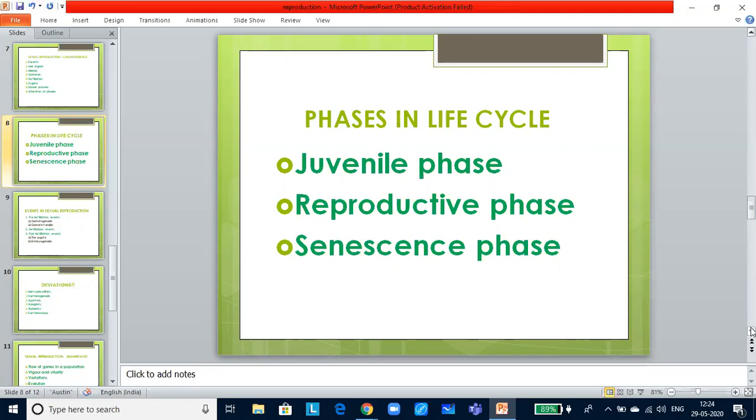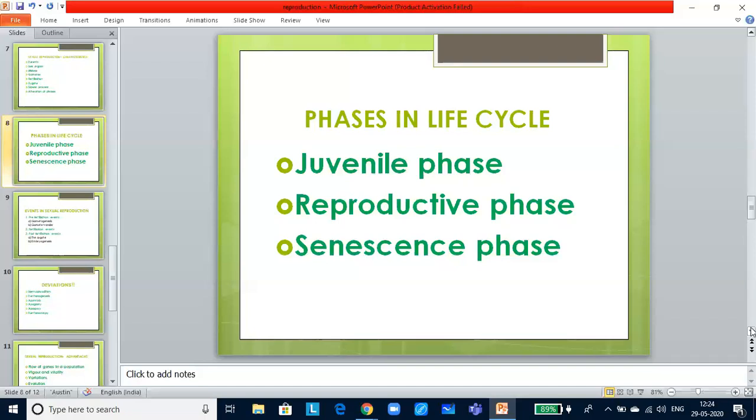Now you should also know about two other things. One is the estrous cycle and another is the menstrual cycle. The estrous cycle refers to recurring physiological changes that are induced by the reproductive hormones in most mammals like cow, sheep, rat, deer, dogs, tiger, etc. It is the period of time when the female is receptive to the male and will stand for mating.